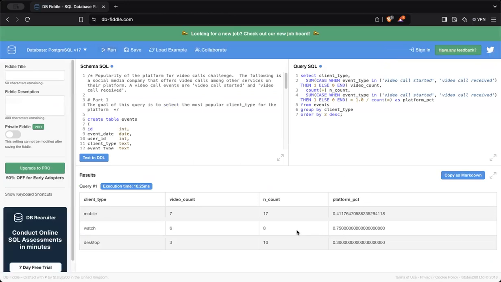Now, out of the platform, here is the mobile only had 41% that was video calls. Everything else was other types of event type. But the watch had 6 out of 8 of the events were video calls. So in terms of what people proportionally do more of video calls is actually watch, but on the entire platform is mobile. So let's look at the second challenge,